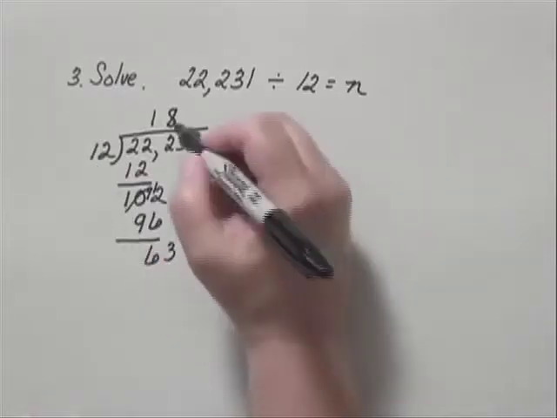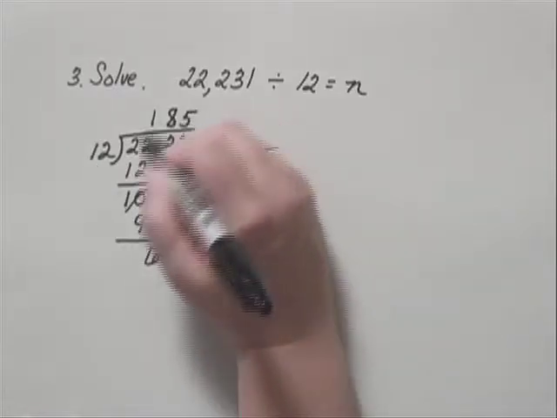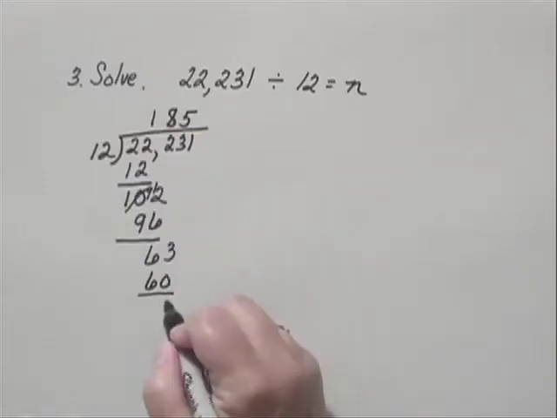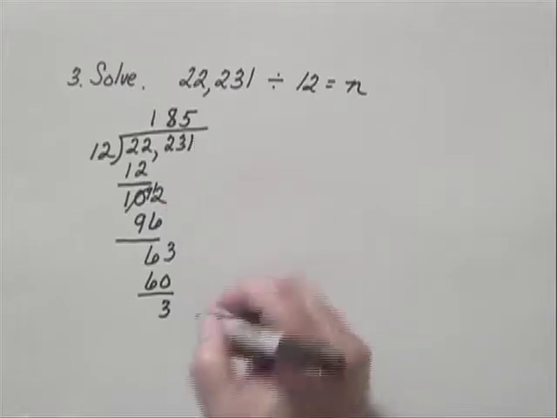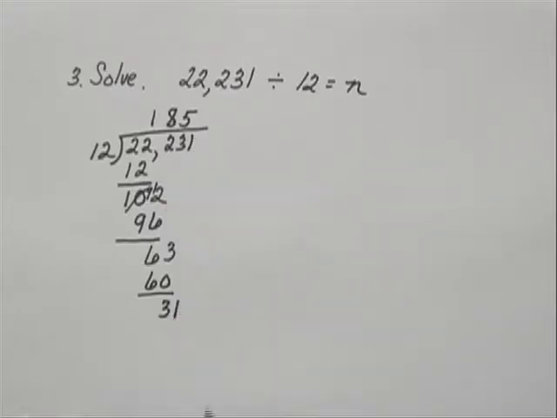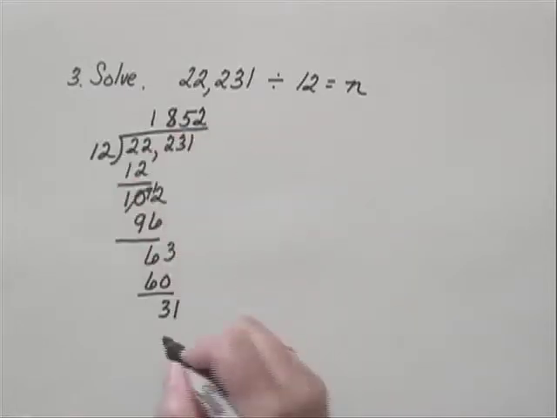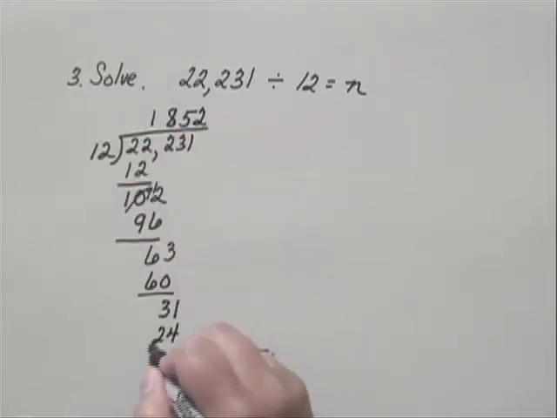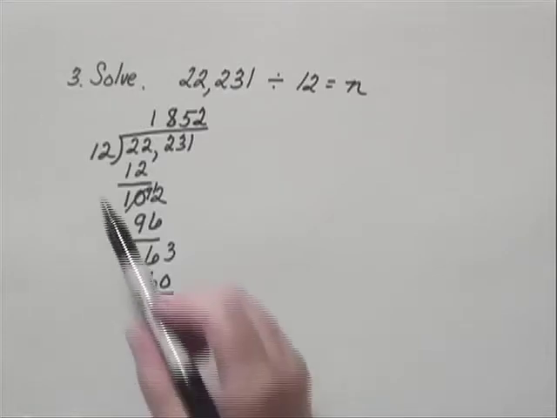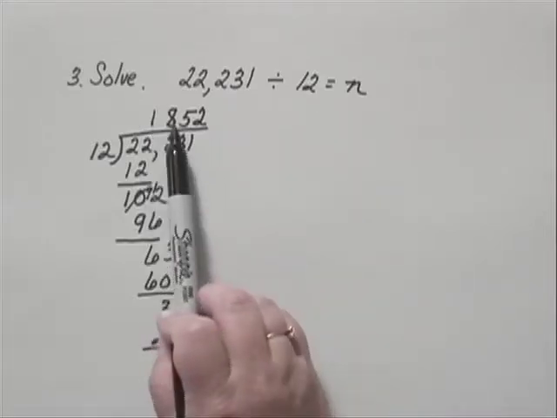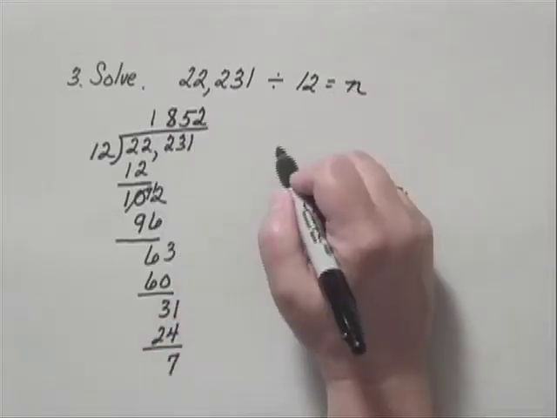12 goes into 63 5 times. 5 times 12 is 60. We subtract, and we have 3, and we bring down the last digit, which is 1. 12 goes into 31 2 times. 2 times 12 is 24. We subtract, and we are left with 7. 7 is less than 12, so we are finished, and 7 would be the remainder. So we would have n being 1,852,